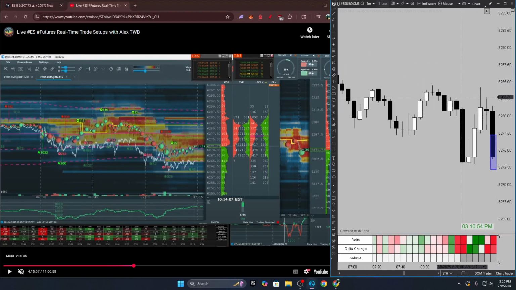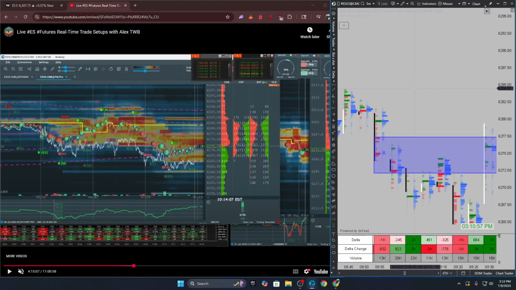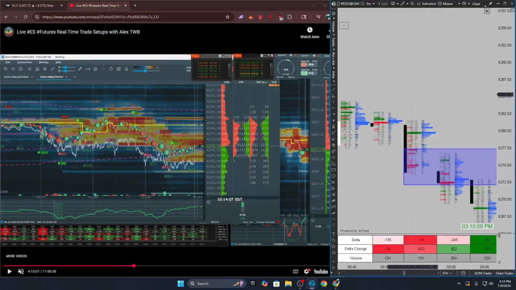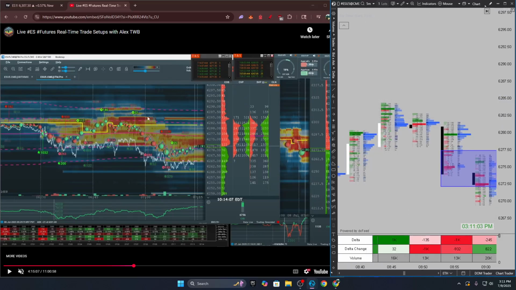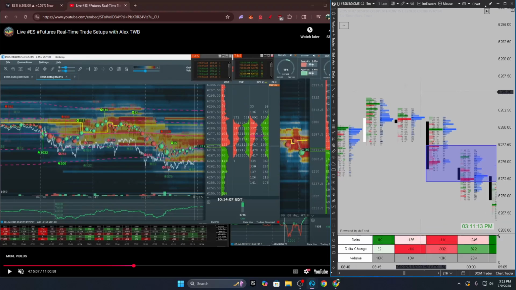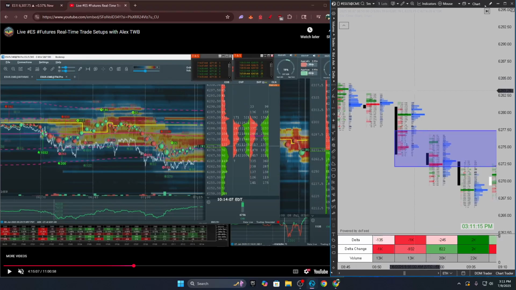You can take a look at it here on the footprint charts as well. I believe it's up here. Yeah, you're seeing buyer absorption clearly. Very aggressive buyers coming in are unable to break through these passive sellers up top, resulting in a fall down, but the overall distribution of liquidity there is also quite condensed and blurry, and we do not want to trade in such a blurry environment.